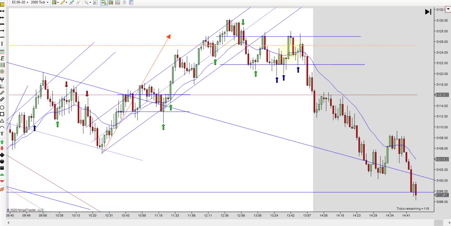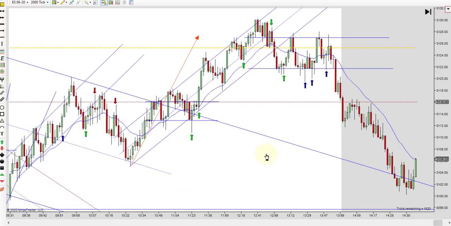Take that one. And you come back and you actually test that one more time. And the bias is still slightly up here. Then the bottom runs back up to the high and the bottom falls out. Usually you'll get a failed breakout up here, which gives you a great chance to get short on this one, and you don't get it here. And that really takes you into 2 o'clock.